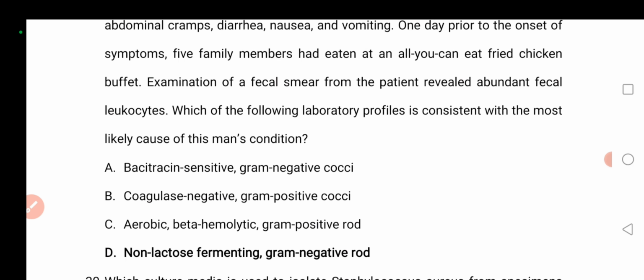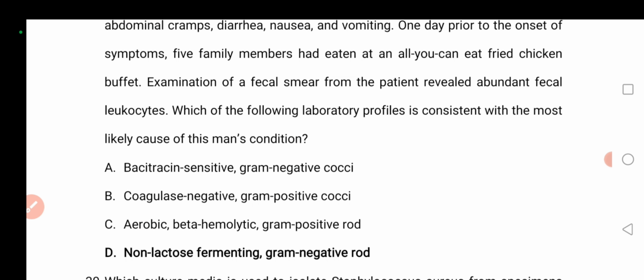In this case, the fecal smear revealed fecal leukocytes, which means there is an enteric infection, an infection of the gastrointestinal tract. So the most common cause of gastrointestinal infection is